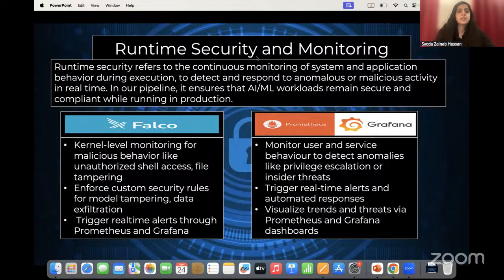Runtime security and monitoring. Even with strong design time controls, we must detect and respond to threats that happen at runtime. For this, we deploy Falco for container and Kubernetes security. Falco runs on every node at runtime as a daemon set, hooking into the kernel and monitoring syscalls. It evaluates the activity against a set of built in and custom rules to detect anomalies.